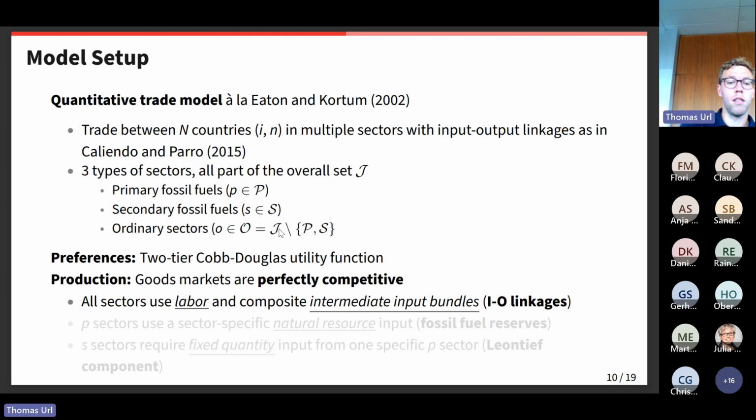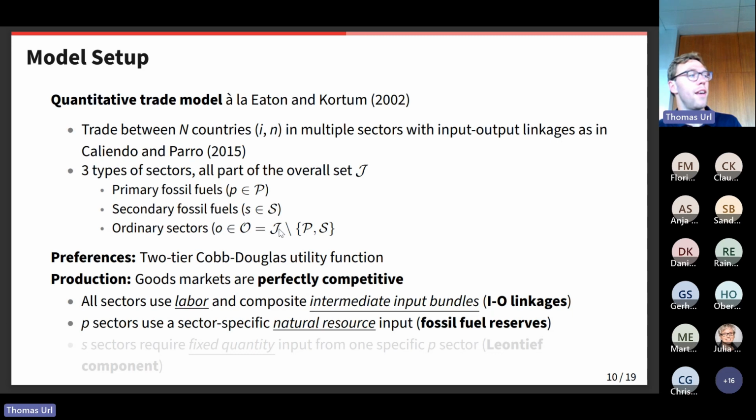Yeah, we have production. Goods markets are perfectly competitive, and all sectors use labor and a composite intermediate input bundle. So therefore, we have I/O linkages in the model, but the primary fossil fuel sectors use additionally a natural resource, and primary fossil fuel sectors are the ones that are